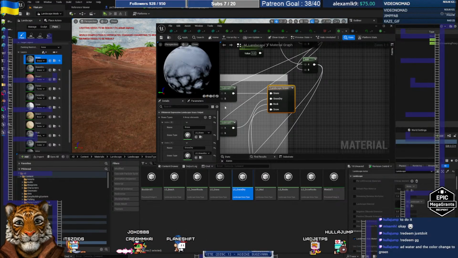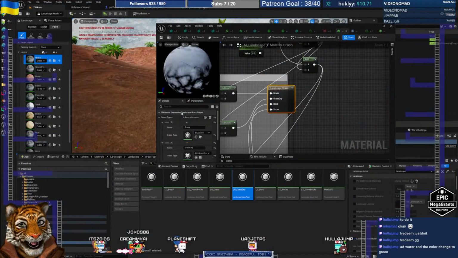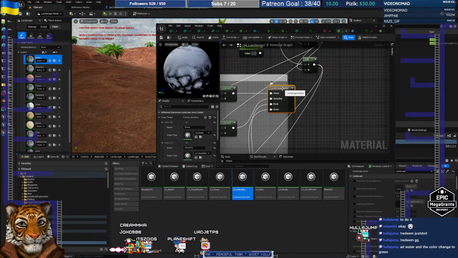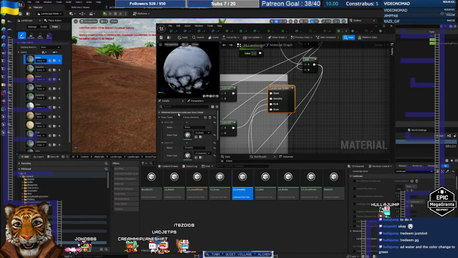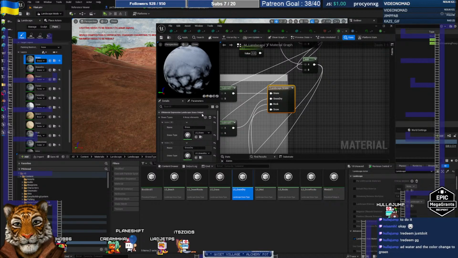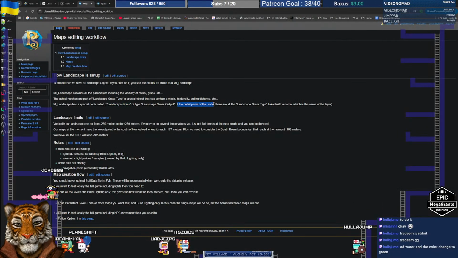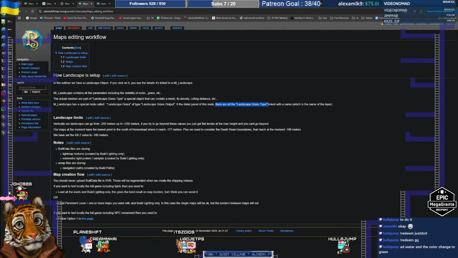It's of type landscape grass output. I don't know how you see the type, but here it is. In the detail panel of this node, there are all the landscape grass types linked with